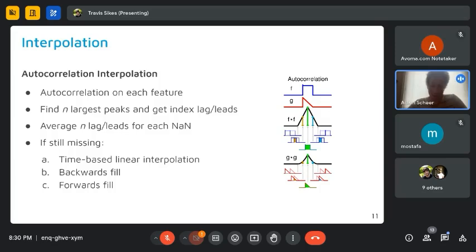Autocorrelation might be an issue for models themselves, but in a way, this is a pre-modeling step, right? This is a step that is meant to give us complete meter traces. We're talking about a small number of data points. If there are too many data points that are missing, then autocorrelation is not the answer.